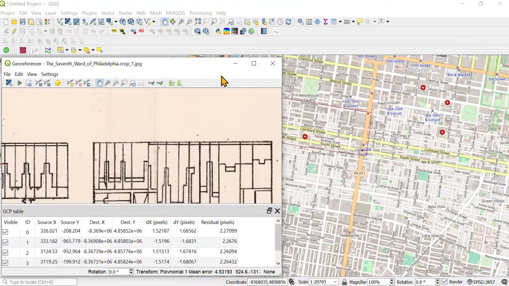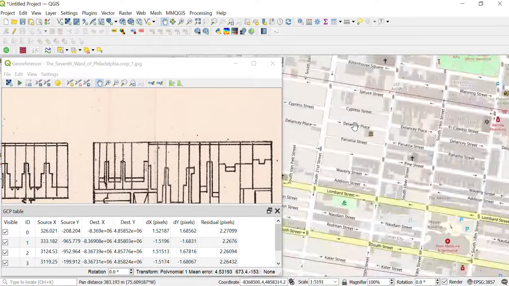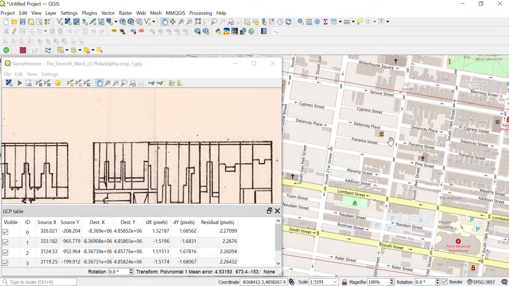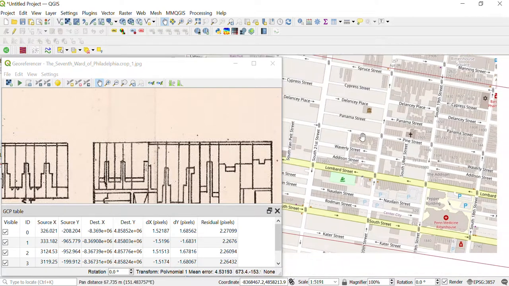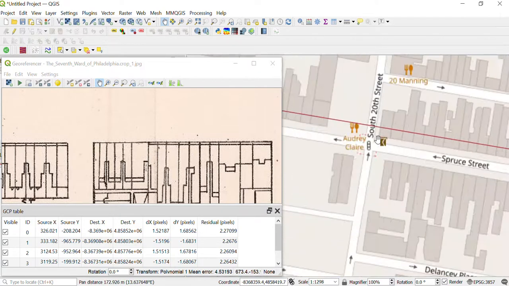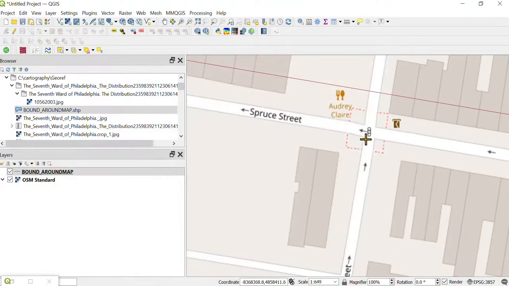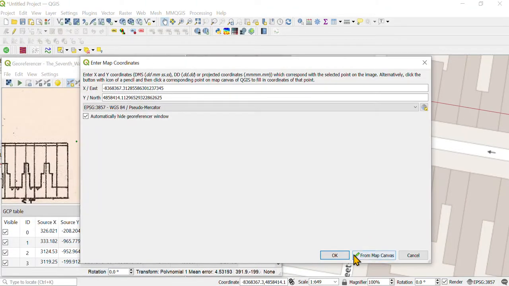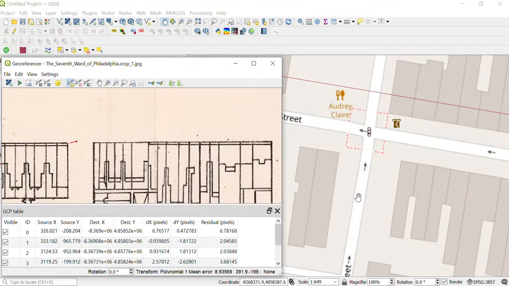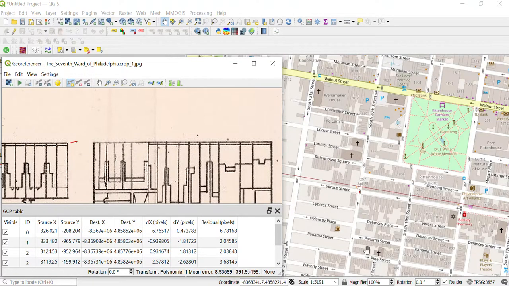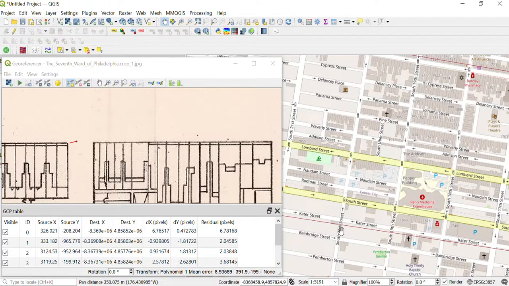And then on this map, we need to get prepared. And that's 20th Street and Spruce. So we want to zoom in. We're going to put one right around here and right there. So we do Add Point from Map Canvas, add another point, hit OK. So there is our 5th, and then what we'll do to keep this consistent is we're going to go down